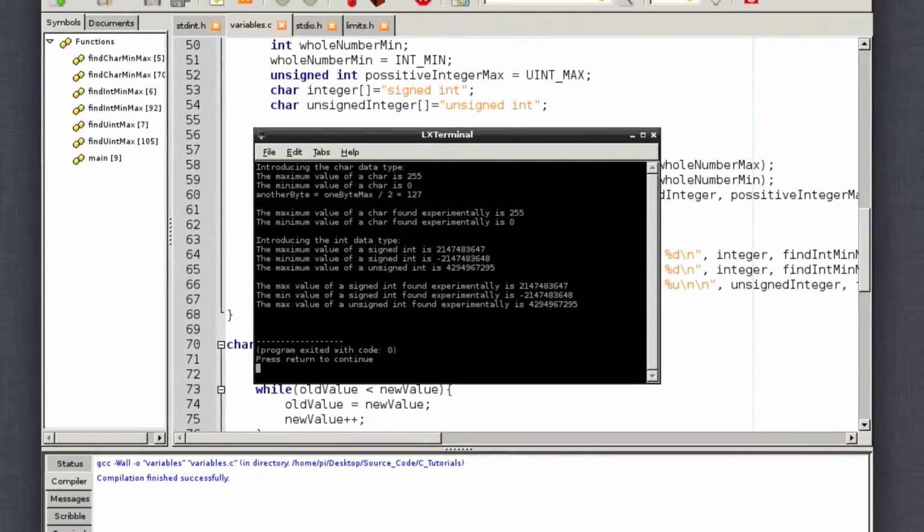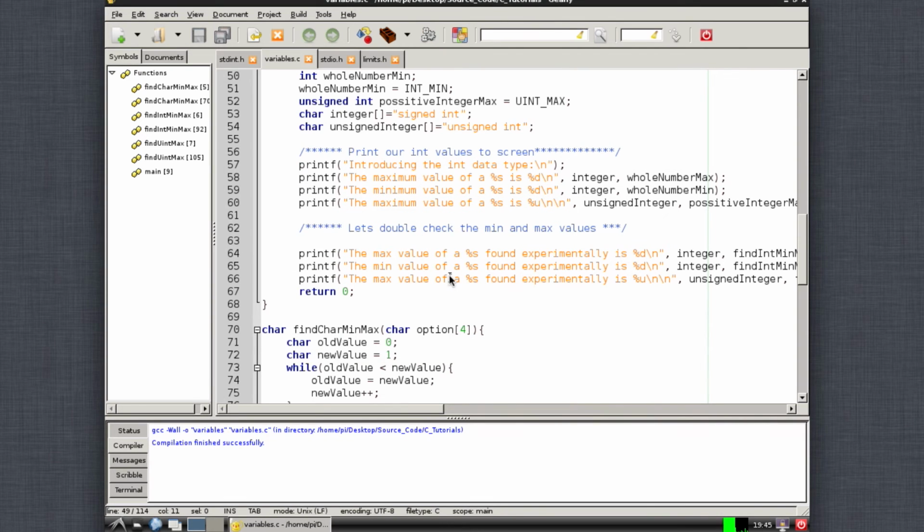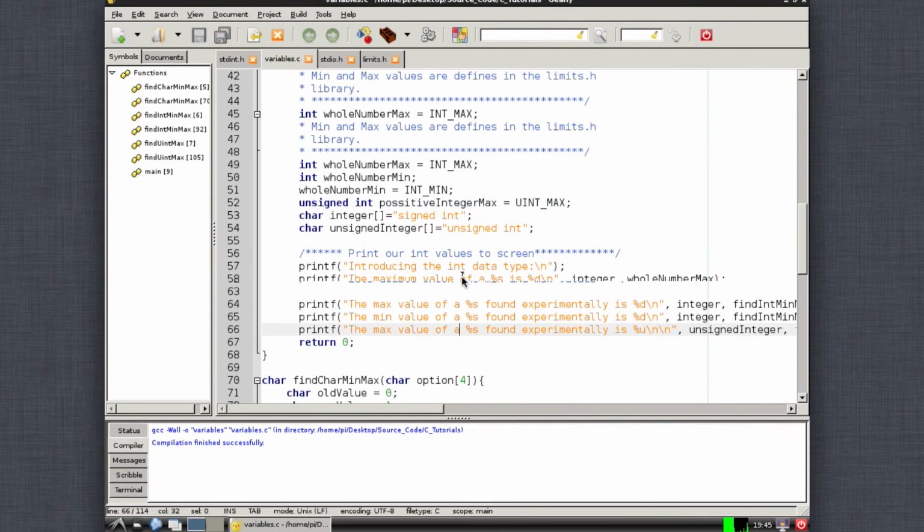But you can see that the Pi in your activity bar here, Pi was running at max capacity while it was finding that value, and it took quite a while to count that high. And now it's relaxed a little bit, because the program is finished. I'm going to go ahead and hit enter to exit out of this. And now I'm going to tell you a little bit about how